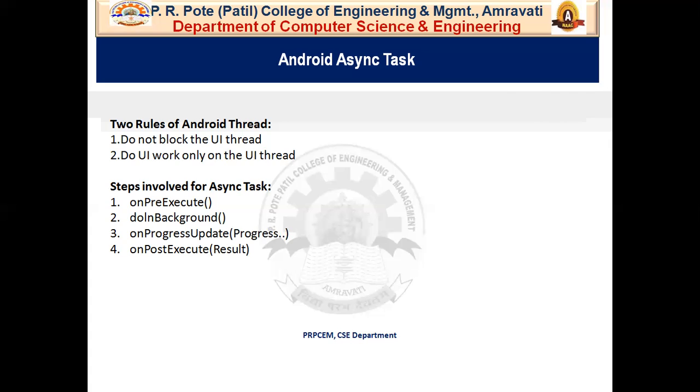After that, steps involved for the asynchronous tasks. So basically there are 4 steps involved in the asynchronous tasks. The first one is the onPreExecute method, then doInBackground method, onProgressUpdate, and onPostExecute, and the parameter is result.